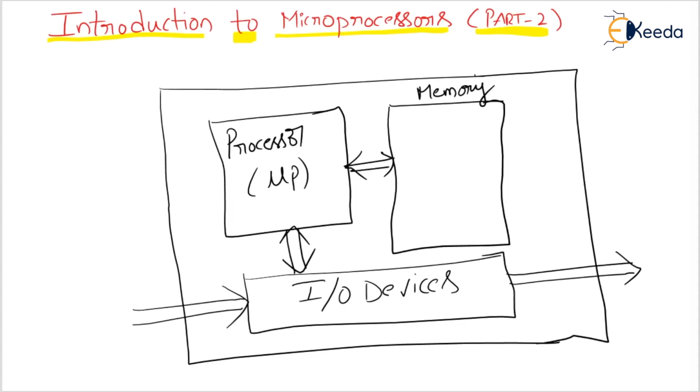Now coming to this block diagram. While we are giving the program through the IO devices, that means the keypad, we press the program. Then does it go directly to the memory? No. How will the program execute? Dear students, now you pay more attention. Let us consider one example.